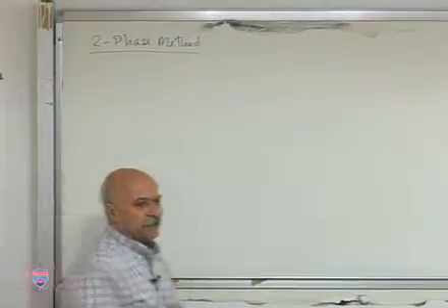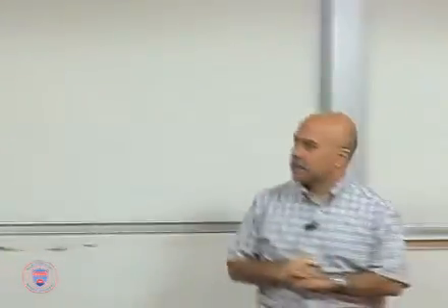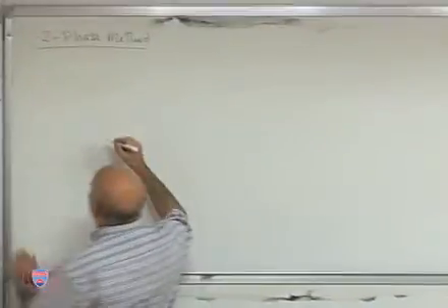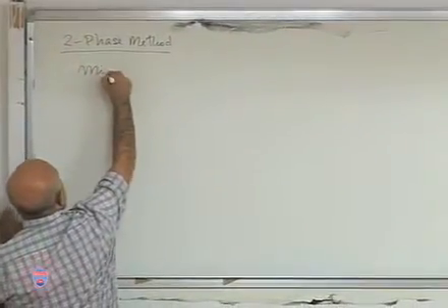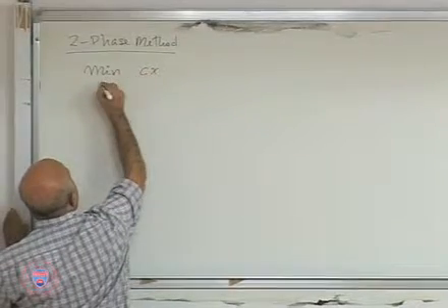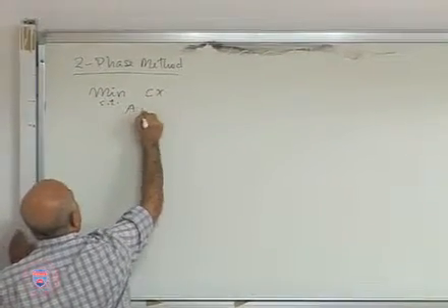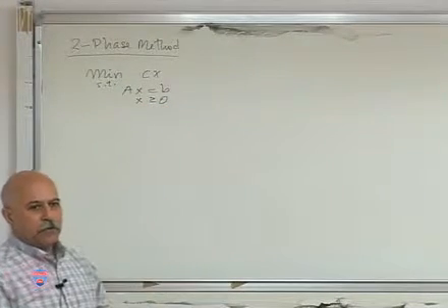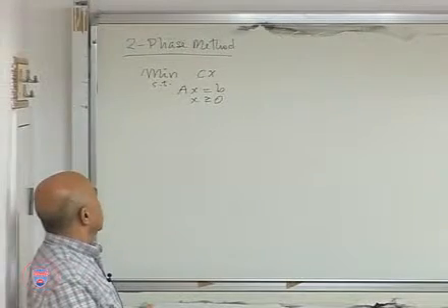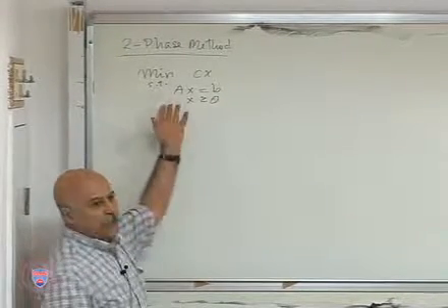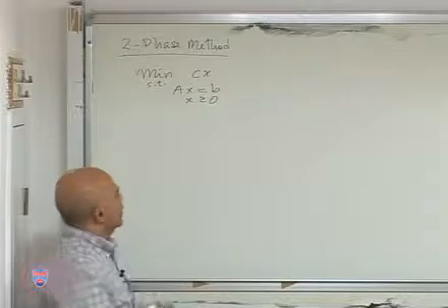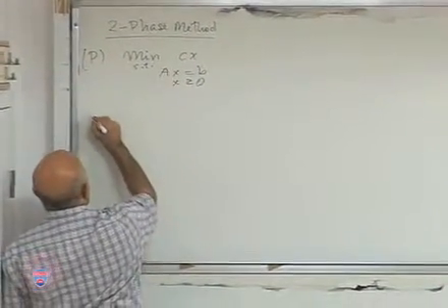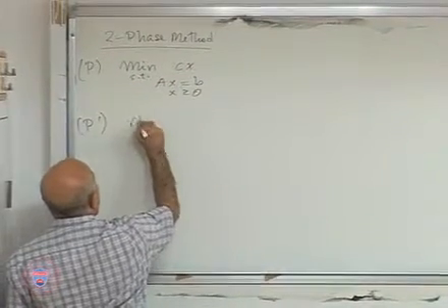The second method is the two-phase method to find a starting basic feasible solution. Again, suppose we're looking at the problem minimize Cx subject to Ax equals b, x greater than or equal to 0, and there's no obvious basis to start with, in which case we change the original problem to a new problem, P prime, where